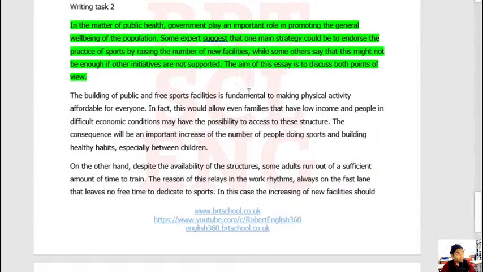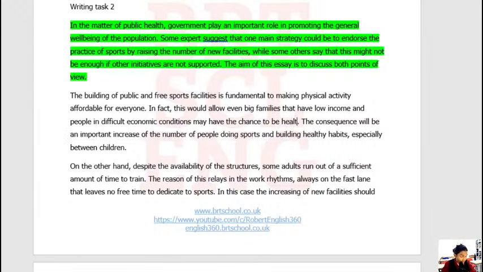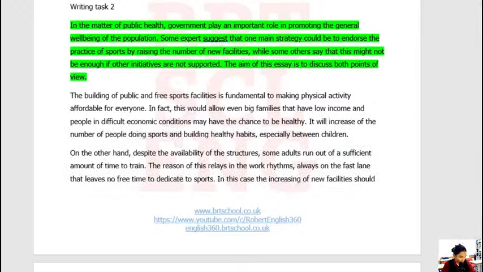Even families, big families that have low income and people in difficult economic conditions may have the chance to, let's not repeat the same things again because it doesn't sound good, to be healthy. Let's leave it like that. The consequence will be an important increase. It will lead to. It will lead to